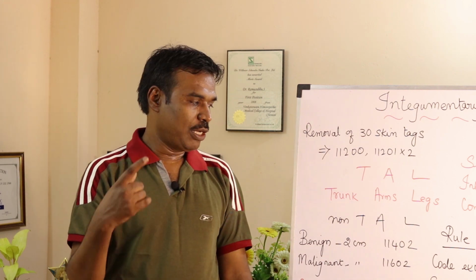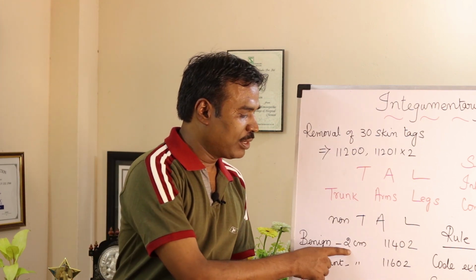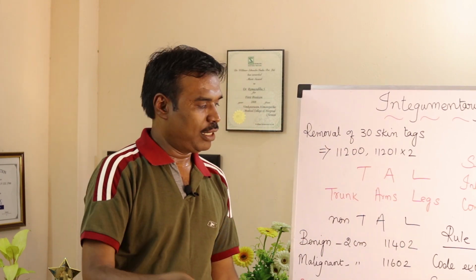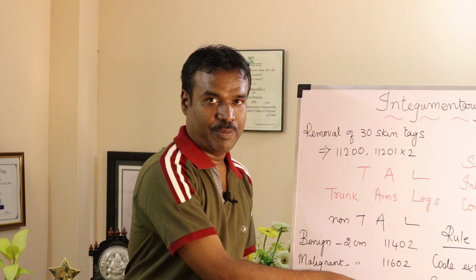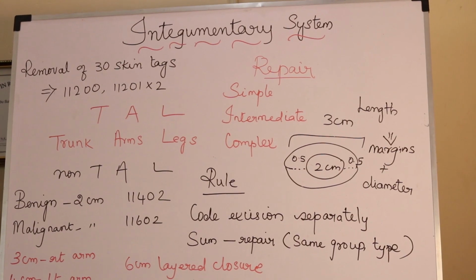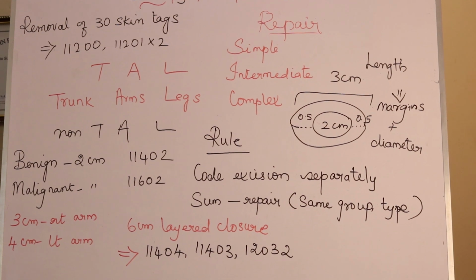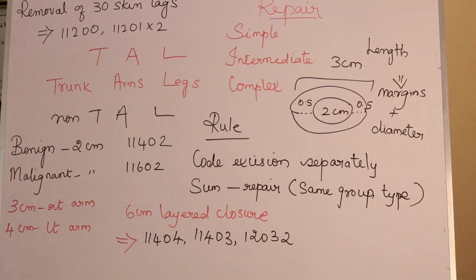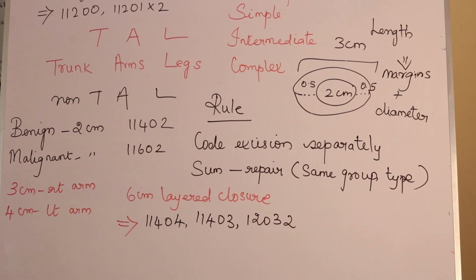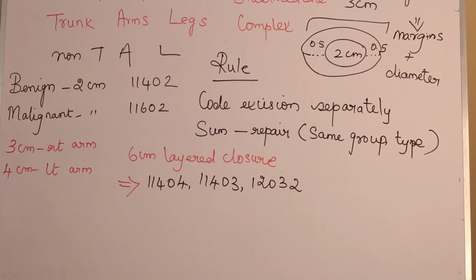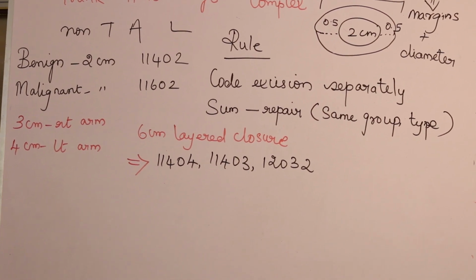And another tip which I want to mention is, if it is 2 cm, the code will end with 2. If it is for a 3 cm, it will become 11403. If it is for a 1 cm, it is 11401. This way you can understand. And next thing, you need to know whether it is trunk, arms or legs. Okay. So very simple. So you will have to code separately for each of the lesions that is being excised by the